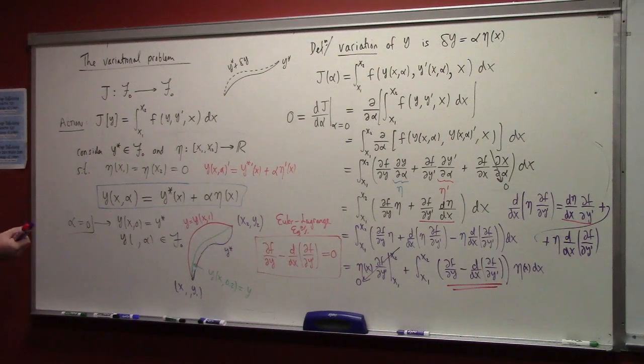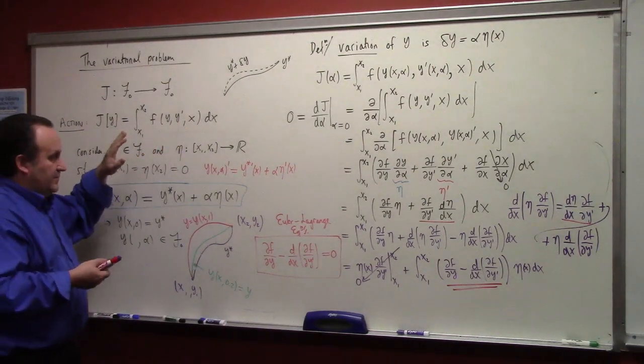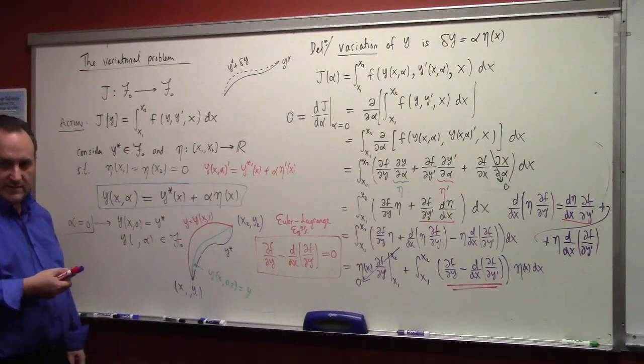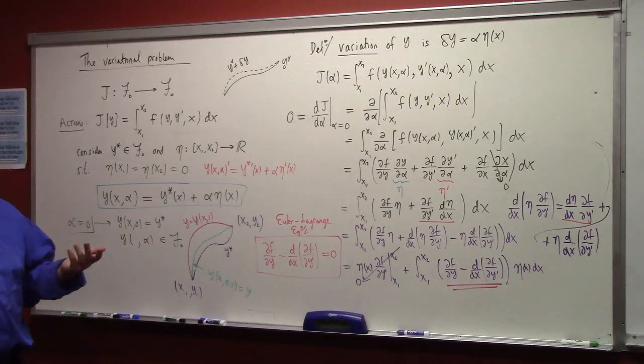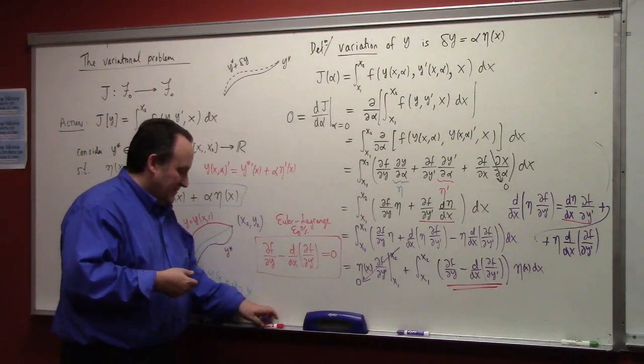So it's pretty simple. If you can write an action as the integral of a Lagrangian, then the extremal path has to satisfy the Euler Lagrange equations. Now, it's not at all obvious whether it's a min or a max. That requires further study, which we never do in here. But yeah.